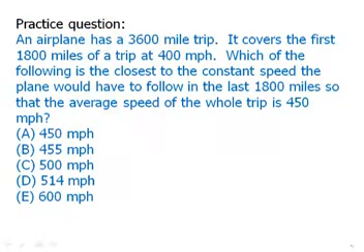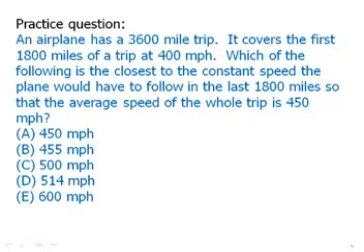Here's a test-like practice question. Pause the video and then we'll talk about this. An airplane has a 3,600-mile trip. It covers the first 1,800 miles of the trip at 40 miles an hour. Which of the following is closest to the constant speed the plane would have to follow in the last 1,800 miles so that the average speed of the whole trip is